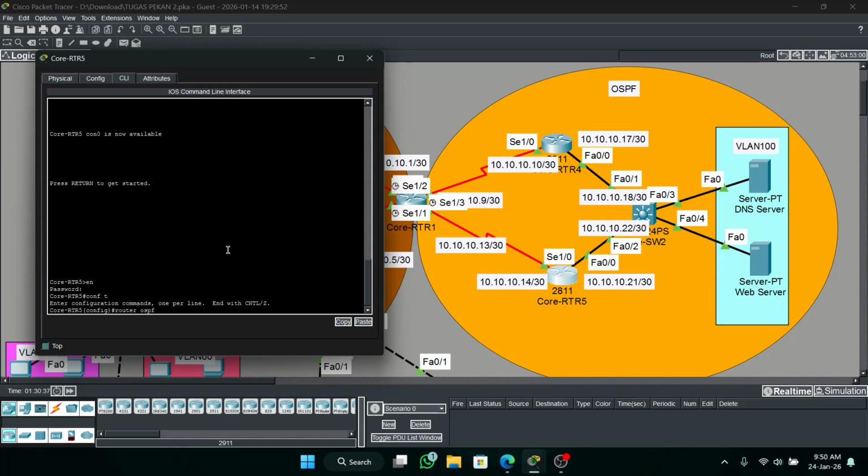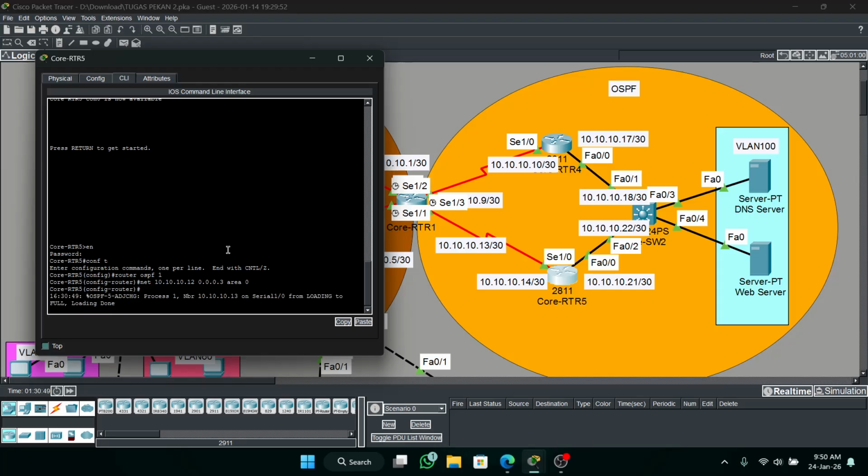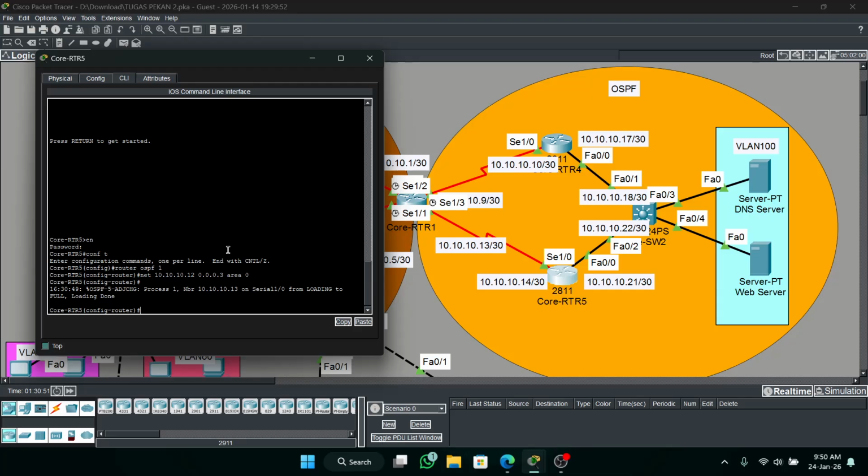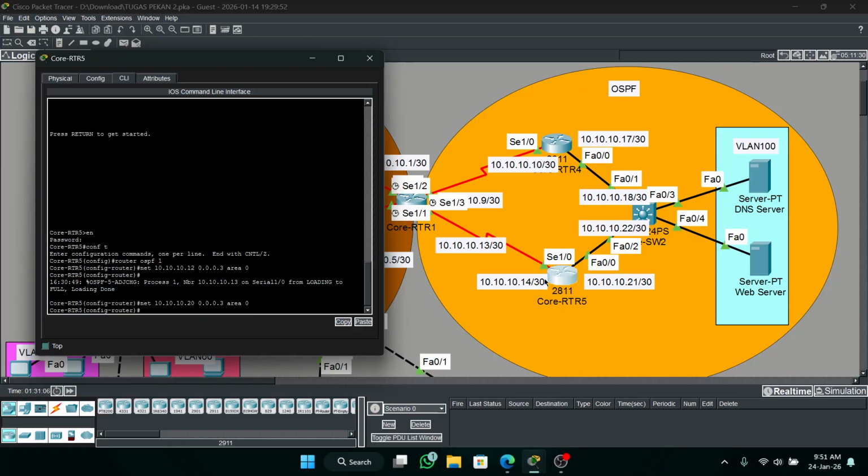Router OSPF 1 network 10.10.10.12, I mean 0.0.0.3 and area 0. Okay, waiting for loading, and then is 20 guys, 20. Okay, 20.